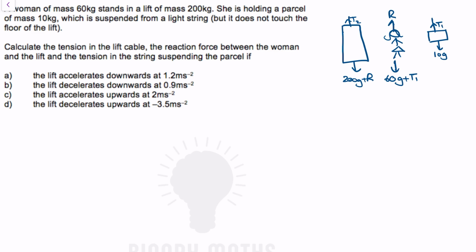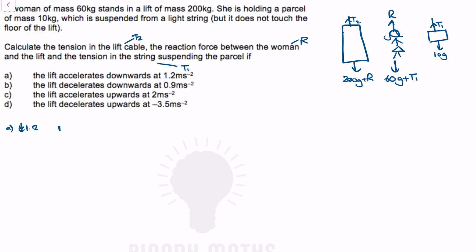Okay, so now we need to work out the tension in the lift cable. This is T2. The reaction force between the woman and the lift is R. The tension in the string suspending the parcel is T1. So for each of these cases, we need to work it out. So that means there's three things we need to work out. So now, accelerating downwards at 1.2,